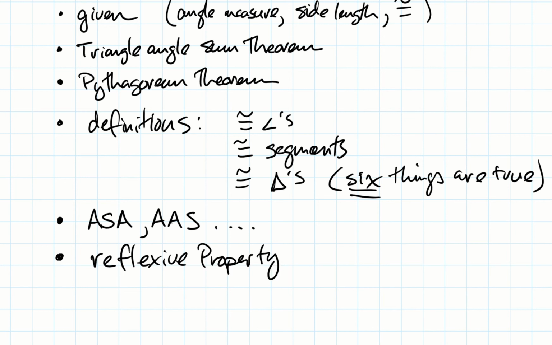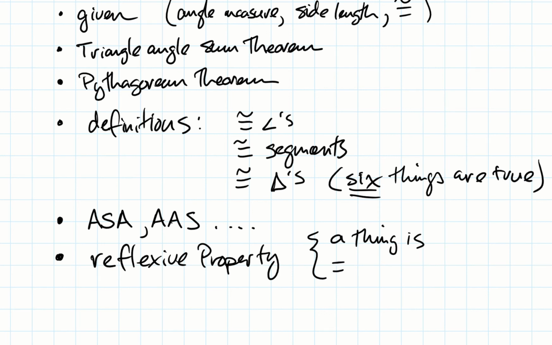And the reflexive property basically says there's technically a reflexive property for congruence and a reflexive property for equality. Basically, a thing is congruent to itself, and a thing is equal to itself. And so, like, a segment that's 12 is equal to itself. So I'll just write a thing